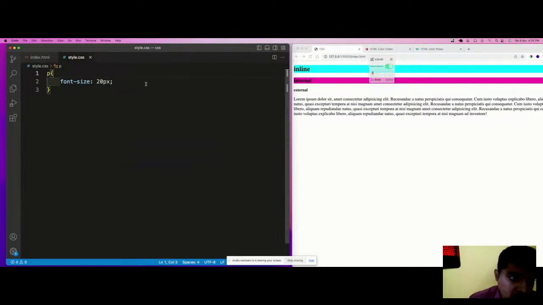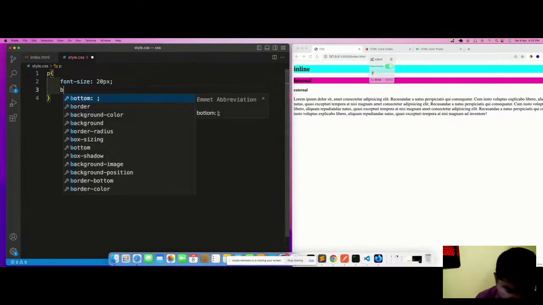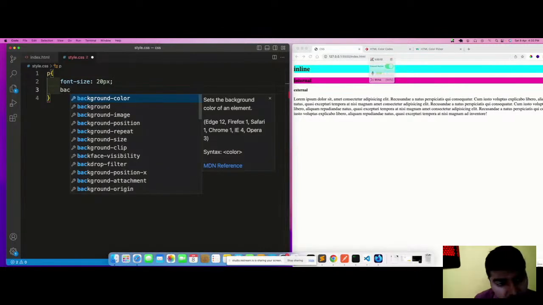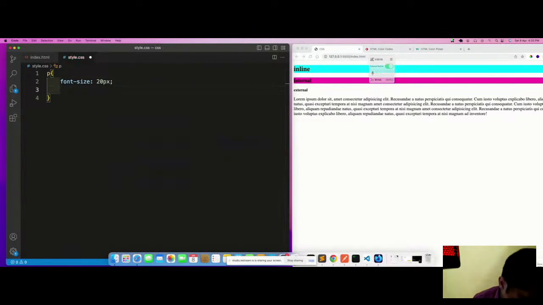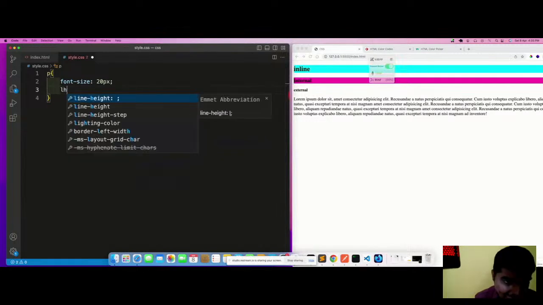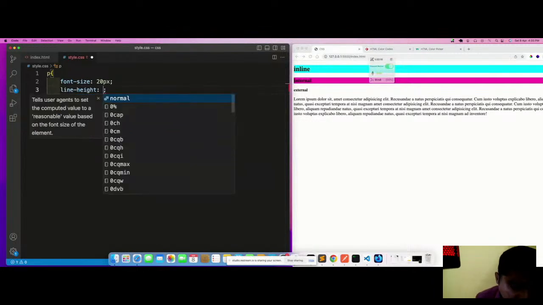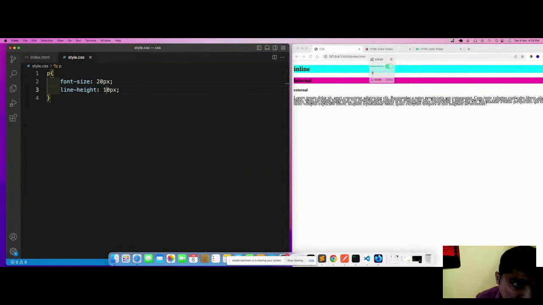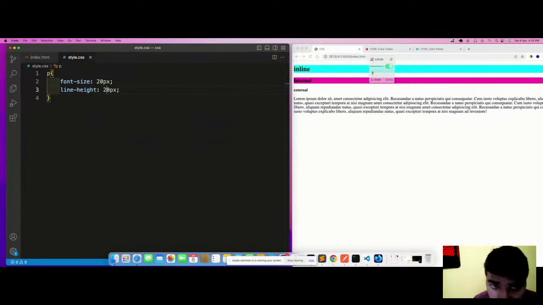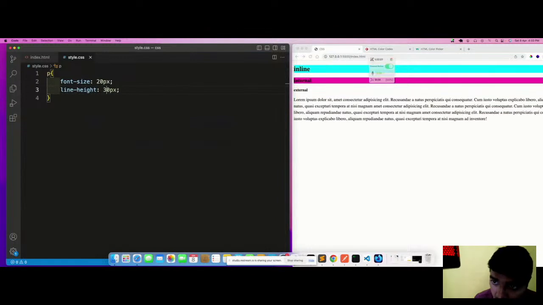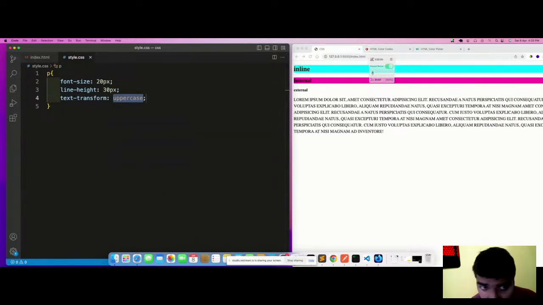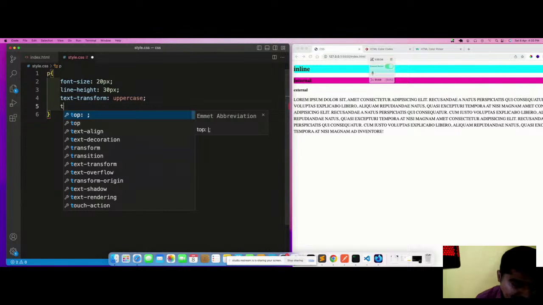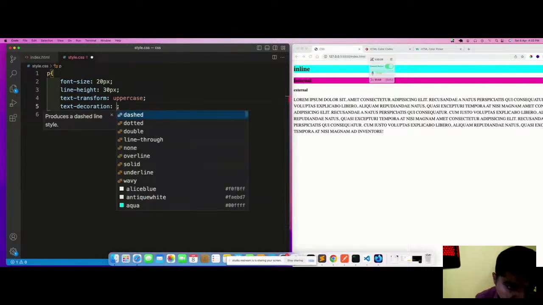Just 20px, and we have background. Line height property of, let's say, 30px. And after line height, we have a property of text transform to uppercase, text decoration to